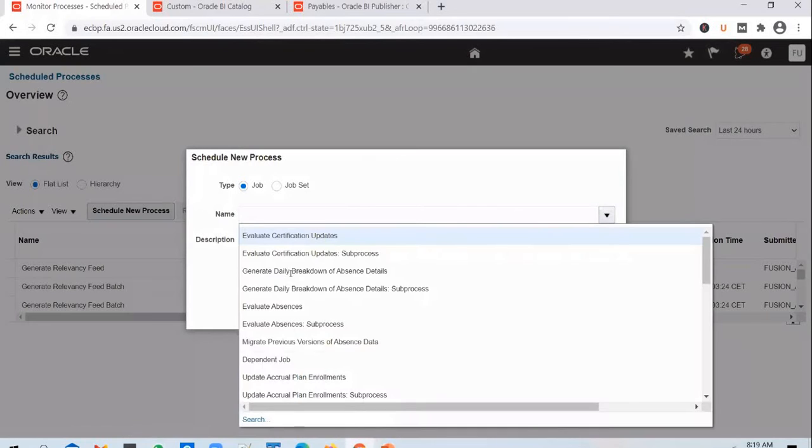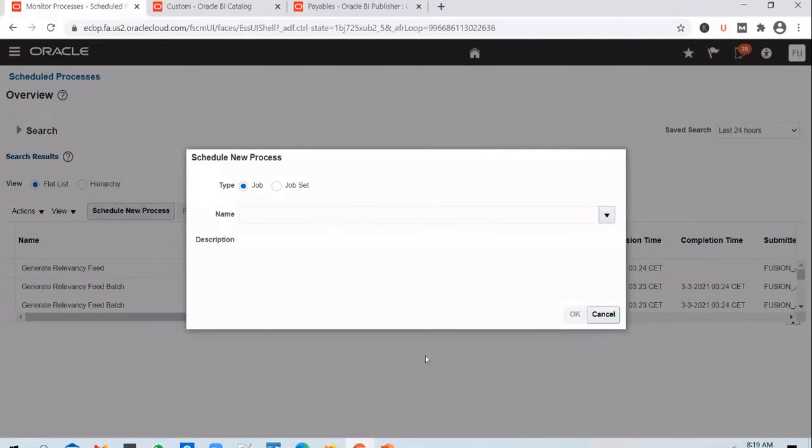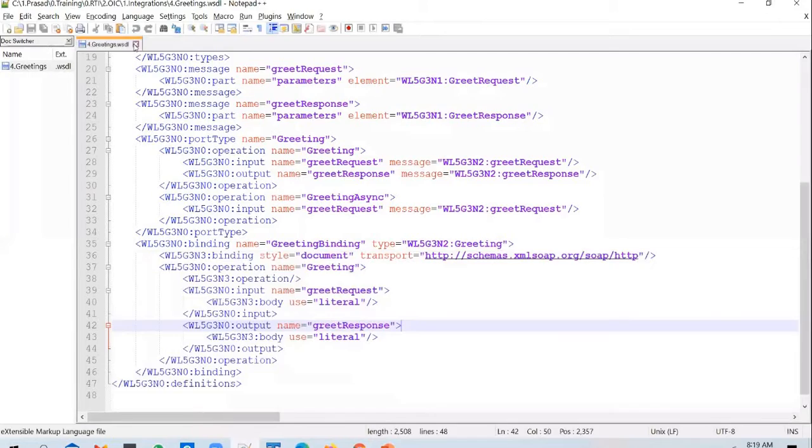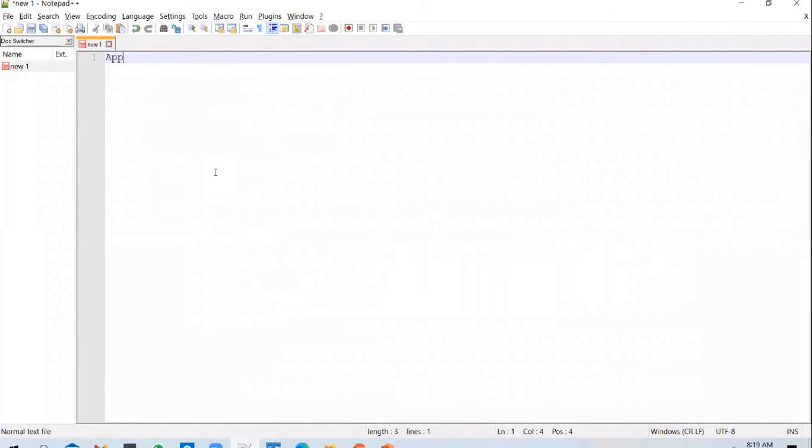And apart from that, if you click on the dropdown, we were able to in fact see all the jobs that exist in the instance. That's because this user has got a role called application implementation consultant. Okay, so remember what I mentioned during the security sessions.